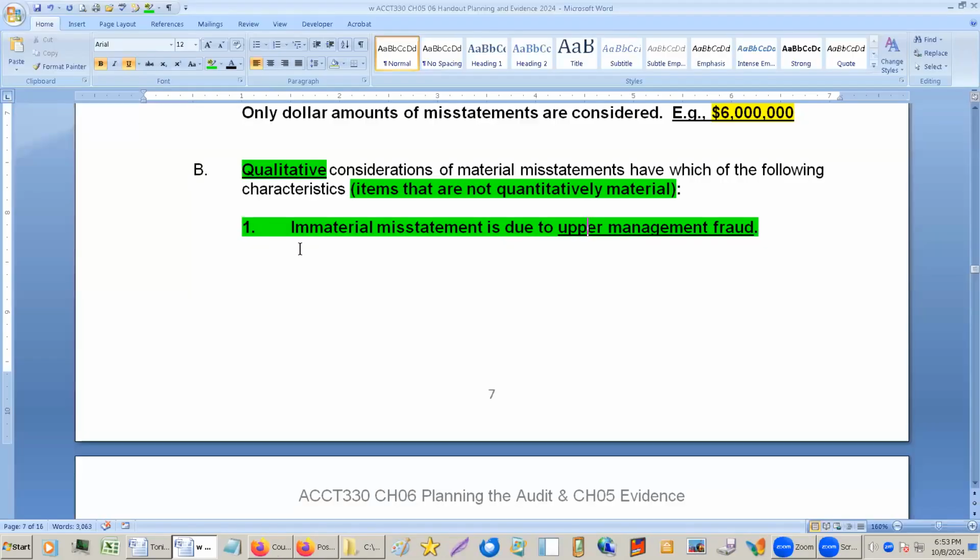If it's upper management, the chief financial officer you find is embezzling $1 million, that changes it completely because of who it is. They're people that you need to trust. They're people that make the financial statements, and all of a sudden you cannot trust these people. So if there's upper management fraud, it can be qualitatively material. If it violates a contract,